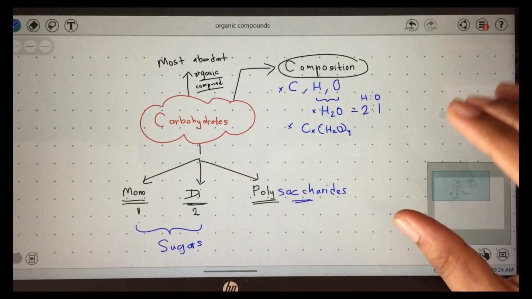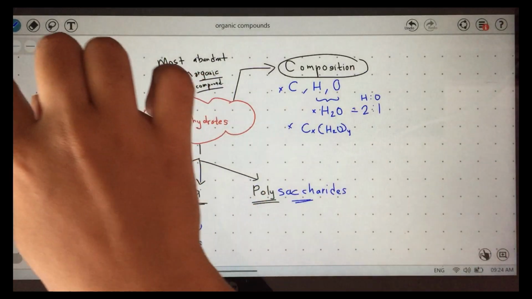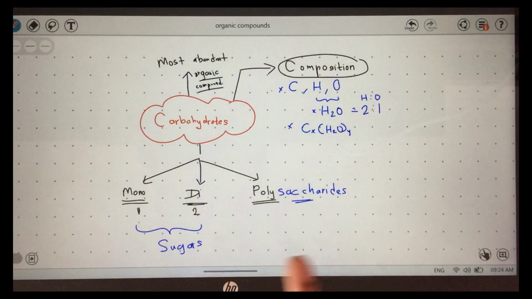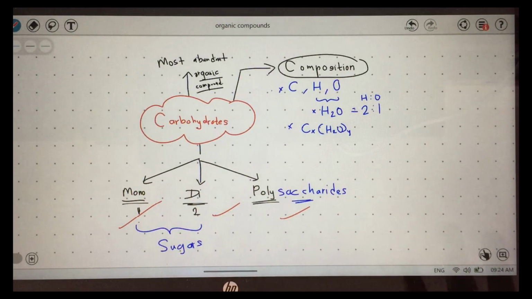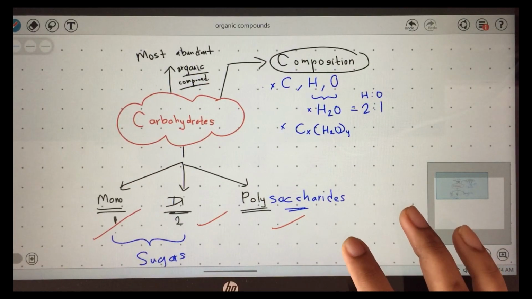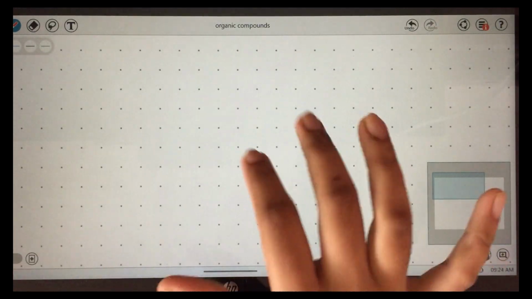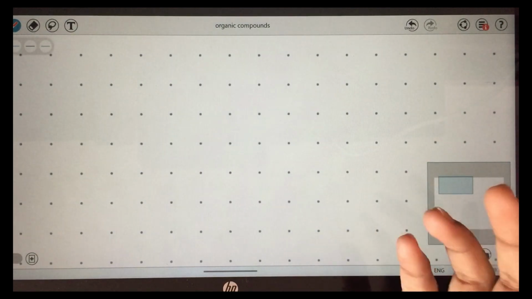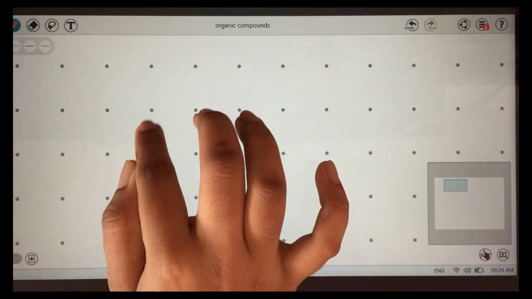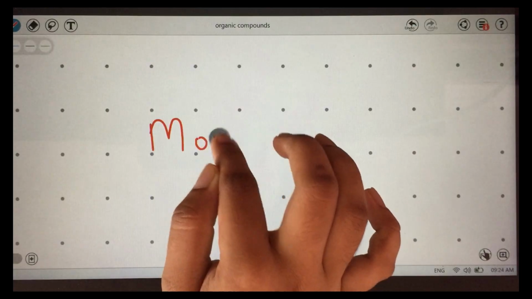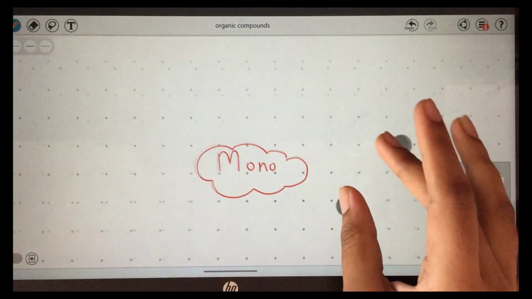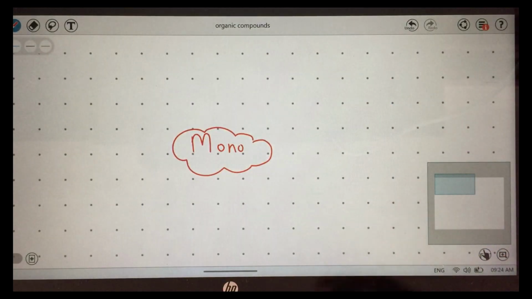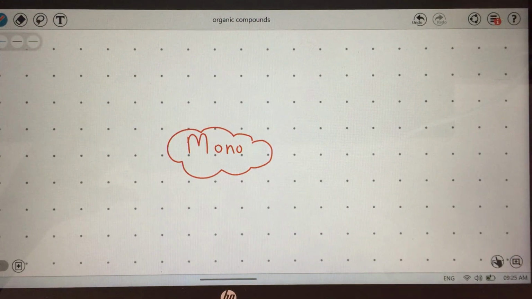Now after this we are going to learn about each type. Now I told you there are three types of carbohydrates, no? Mono, di and poly. So each type we are going to learn each of them in detail. Okay, so this is the introductory bit of carbohydrates. Now we move on to each type. So we have monosaccharides. I'll put mono. Okay, now it's better if you can also make a mind map while I'm teaching this, then it goes better into your head.